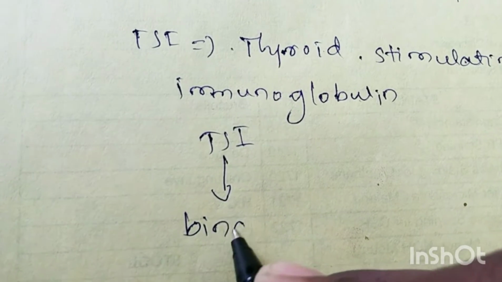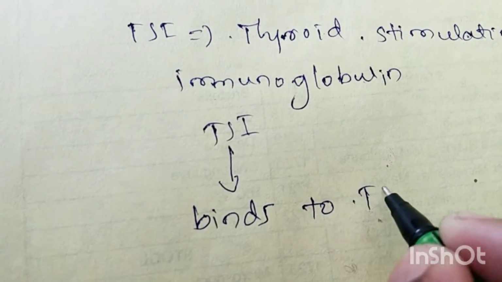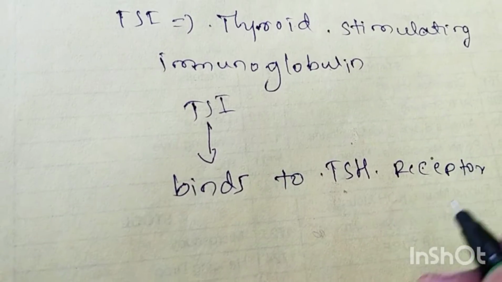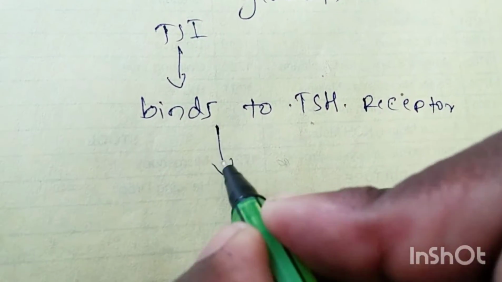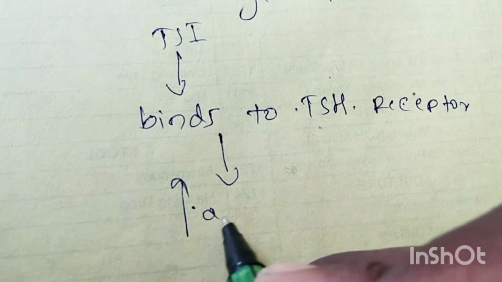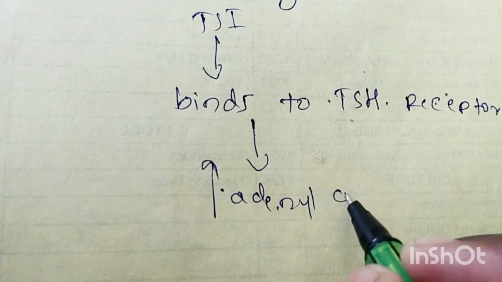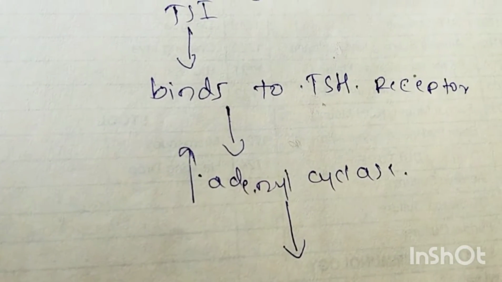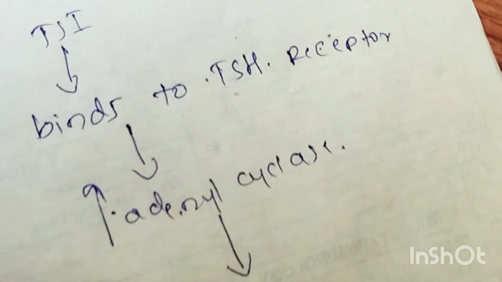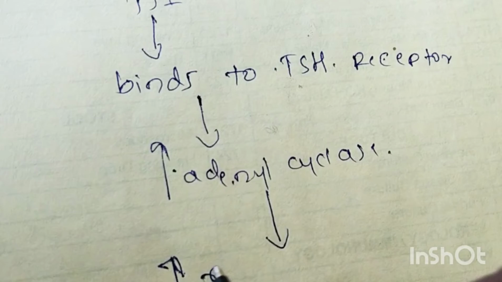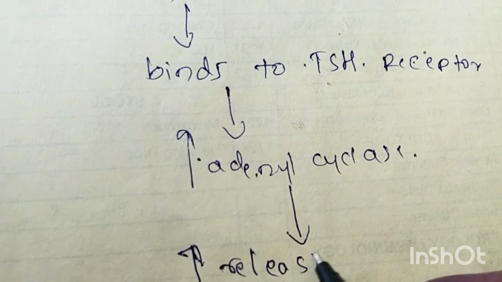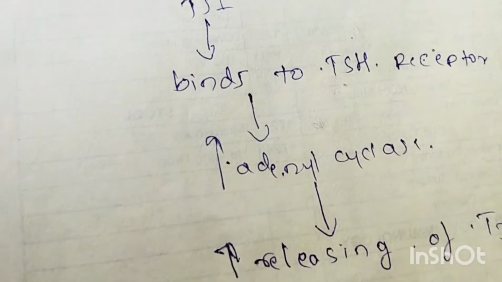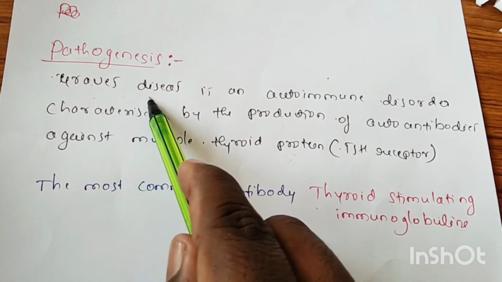TSI binds to the TSH receptor and thereby increases the adenyl cyclase, thereby increasing the release of T3 and T4. Again I am repeating, Graves' disease is an autoimmune disorder